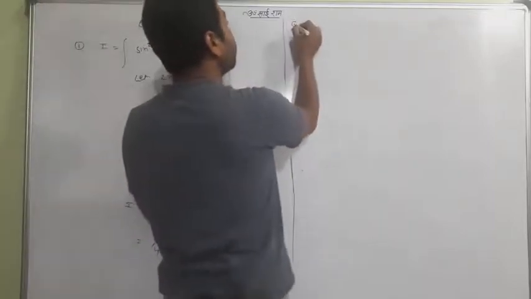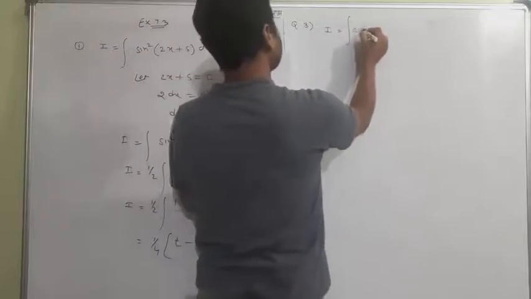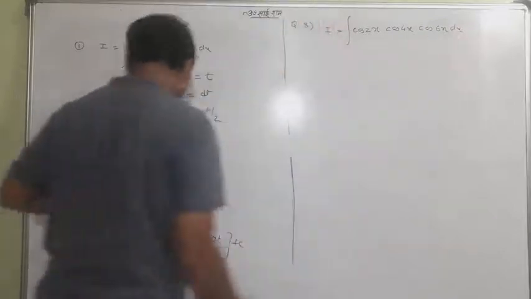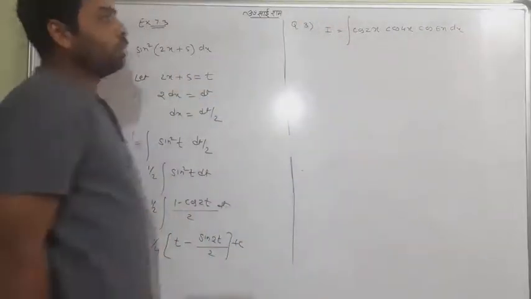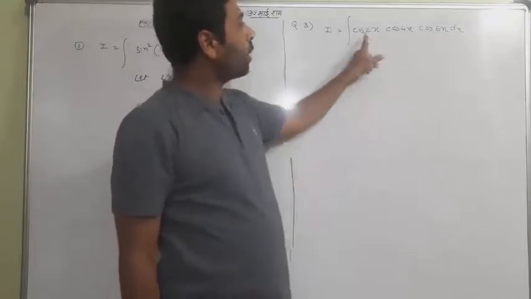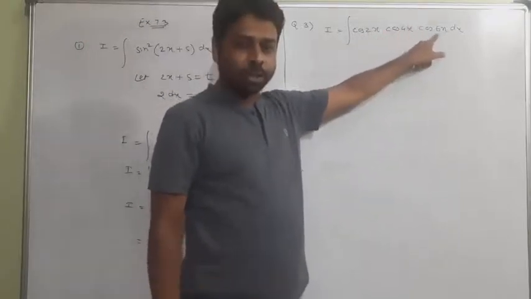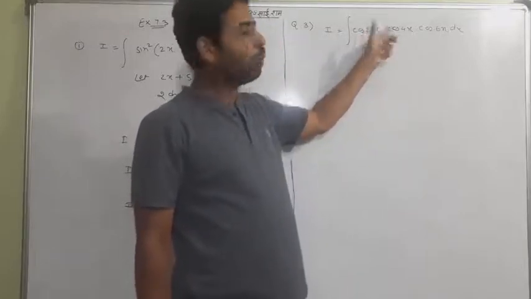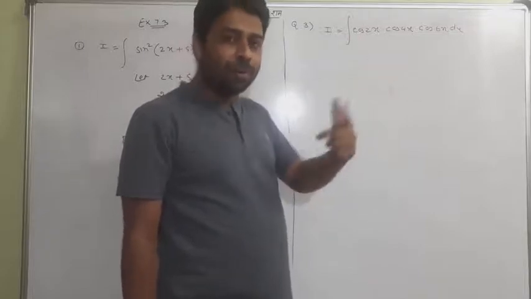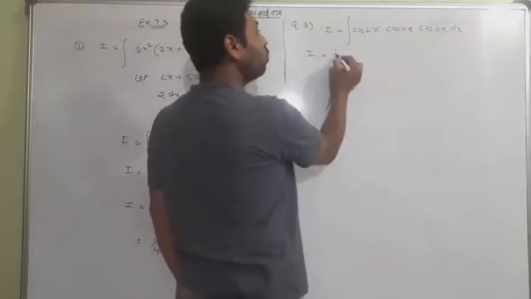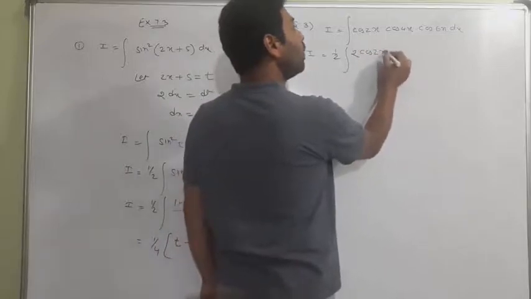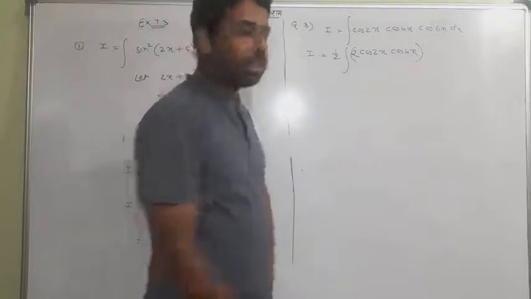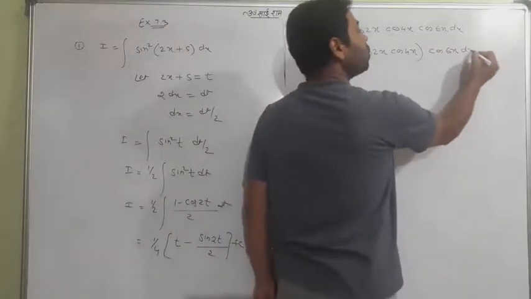Yes, question number 3 I want to tell you. I is equal to the integral of cos 2x, cos 4x, cos 6x. This is the question. Now let me tell you that cos and then again cos is coming, no matter at all, and 3 times is coming. When it is coming 2 times, I taught you the method, you have to divide and multiply by 2. In a similar way I will multiply and divide by 2. Look at the thing, 2 cos 2x, cos 4x, take any 2 in a bracket and keep the rest one as it is.